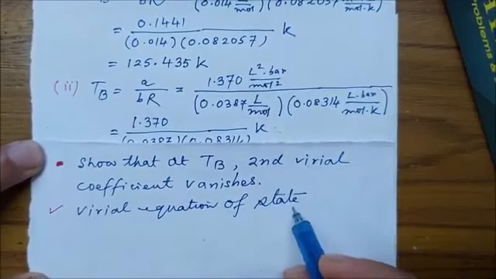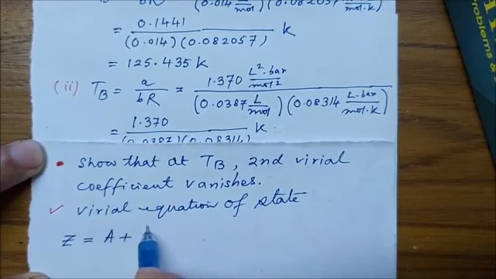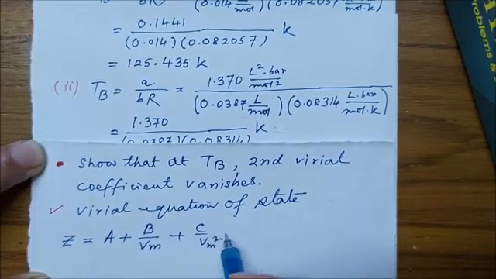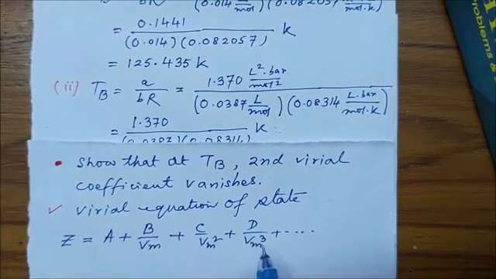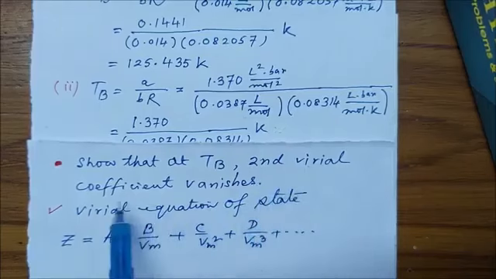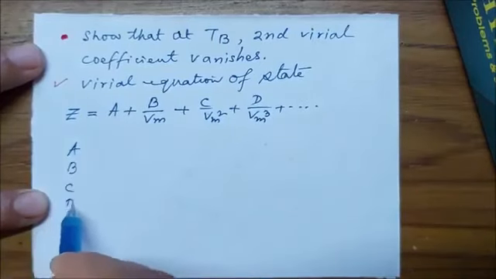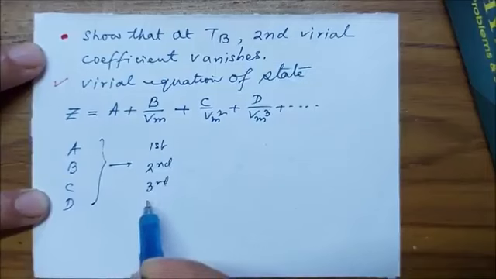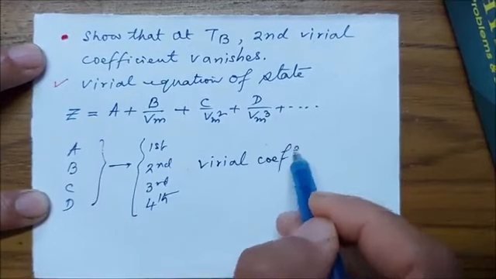So let us write down the virial equation of state, which is, where Z is compressibility factor, A, B, C, D, etc. are virial coefficients, B is the second virial coefficient as indicated in the question, Vm is the molar volume. So A, B, C, D are first, second, third, fourth virial coefficients,